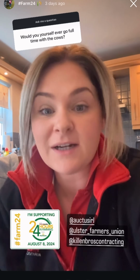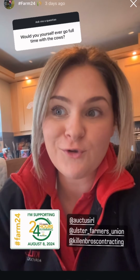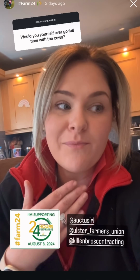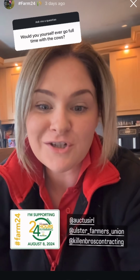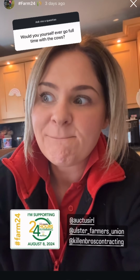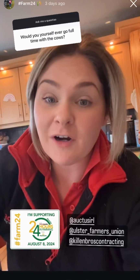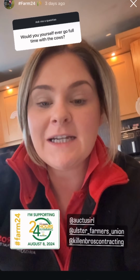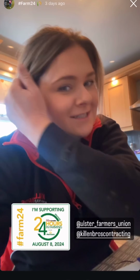So I sell a range of milk replacers and other animal health products, and my job allows me to meet so many amazing people. I'm just sitting down here actually because I've spent the past 2 days at Clonmany show, and I have a couple of bits and pieces I need to tie up loose ends on. But no, I love farming and I love cows. I'm not from a dairy farm personally, but I just love the opportunities that being out working gives me. And whenever I'm on the topic of talking about careers and stuff,